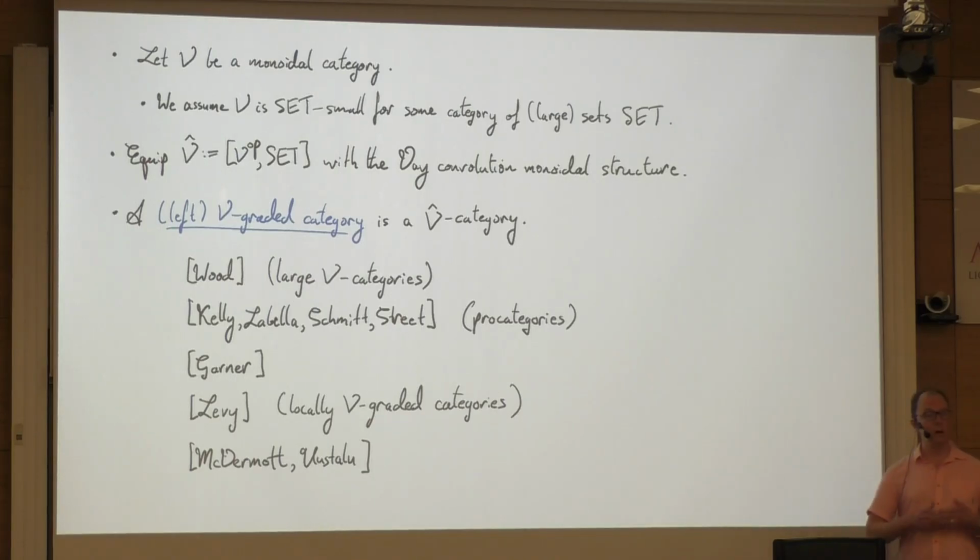But similar remarks apply also when V is braided, or even more generally, when V is normal duoidal, because in that case we can employ the work of Lopez Franco and Garner to form V-graded functor categories and employ V-graded bifunctors. But in this talk, what I'll do is introduce a theory of V-graded functor categories and bifunctors that applies when we don't assume anything about V at all, just a monoidal category V. So we don't even equip V with any further structure.